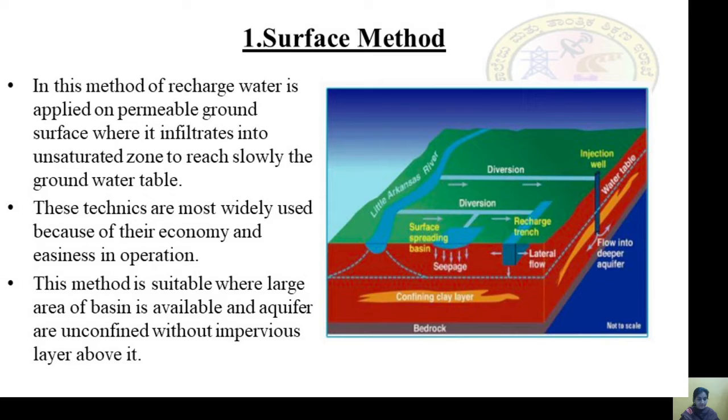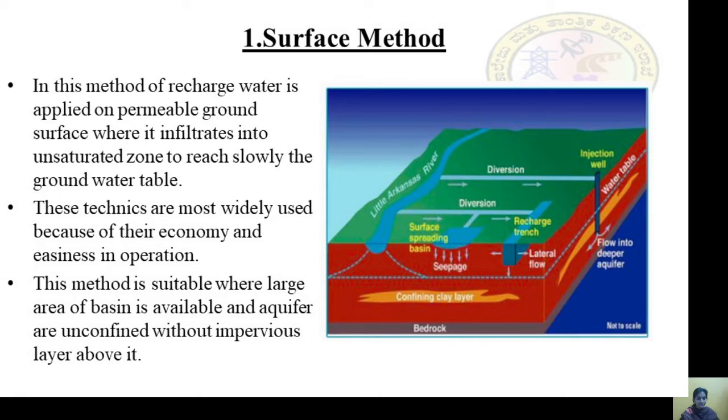Permeable ground surface allows water to percolate into groundwater. It infiltrates into the unsaturated zone and slowly it reaches the groundwater table here.